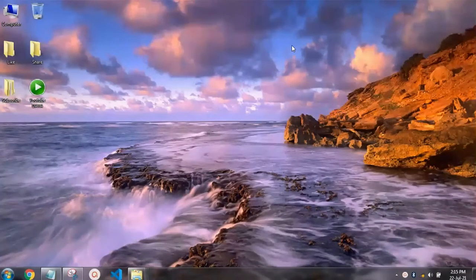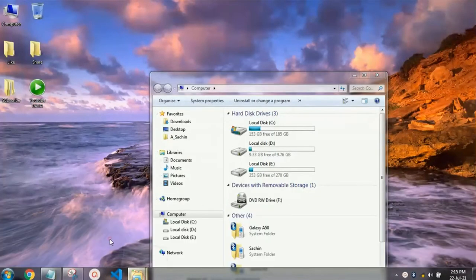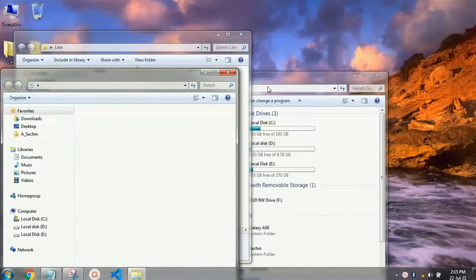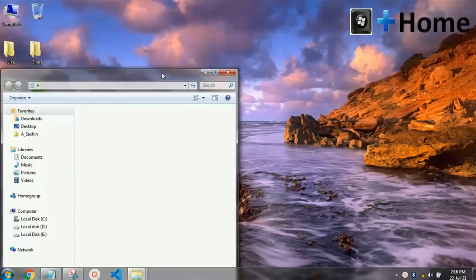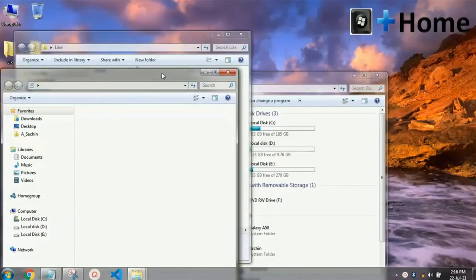Shortcut key number 17 is very easy and also useful. If you have opened too many folders and you want to minimize them all except the one which you are working on. For example, I am working on recycle bin. So I want to keep my recycle bin as it is and minimize all the other folders. So I will just press Windows and pause button which is given on the right side of your keyboard. As you press, all the folders will minimize except your working folder, and you can get it back by pressing the same button again.